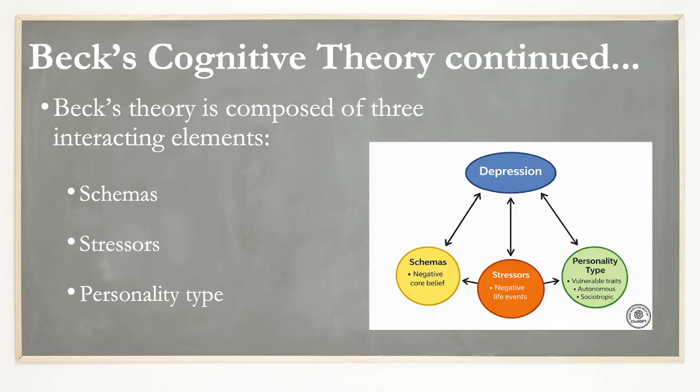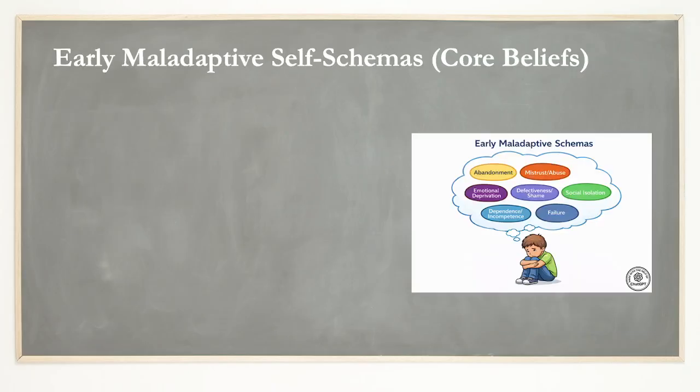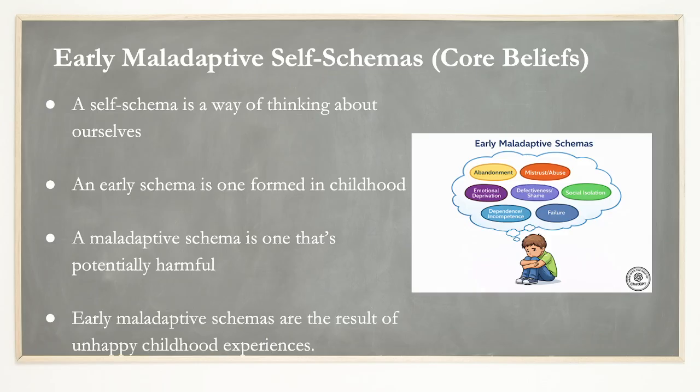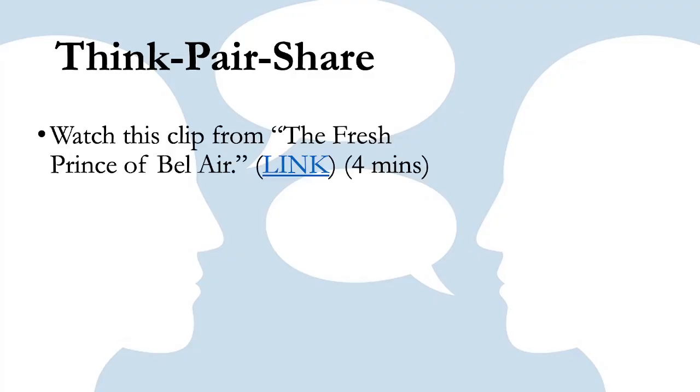The personality types is really interesting, but it can be quite tricky to bring those in. Essentially, your schemas are consistent with your personality type, and then different stresses will activate it differently depending on your personality type. It's okay if you gloss over the personality types because it's a bit too full on for students. But I do think if your students are aiming for 7s, if they can comprehend all this content, it'll put them at an advantage.